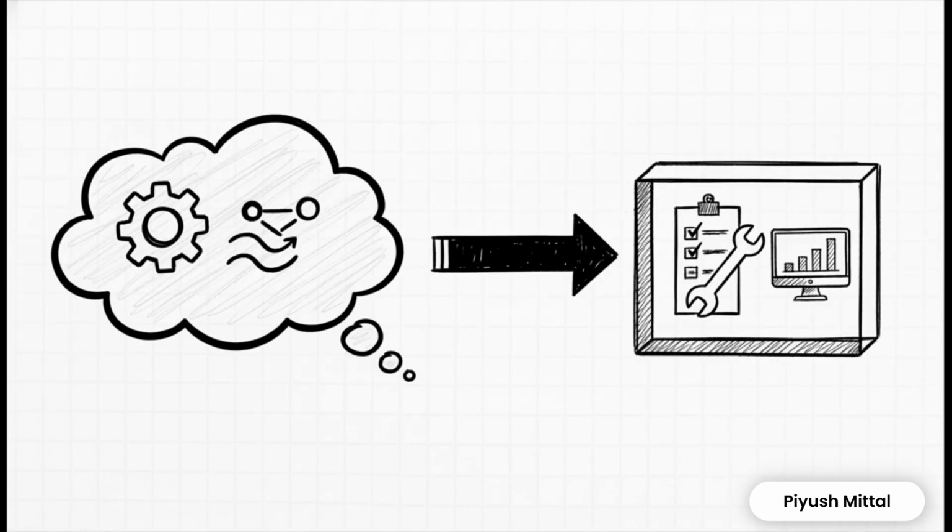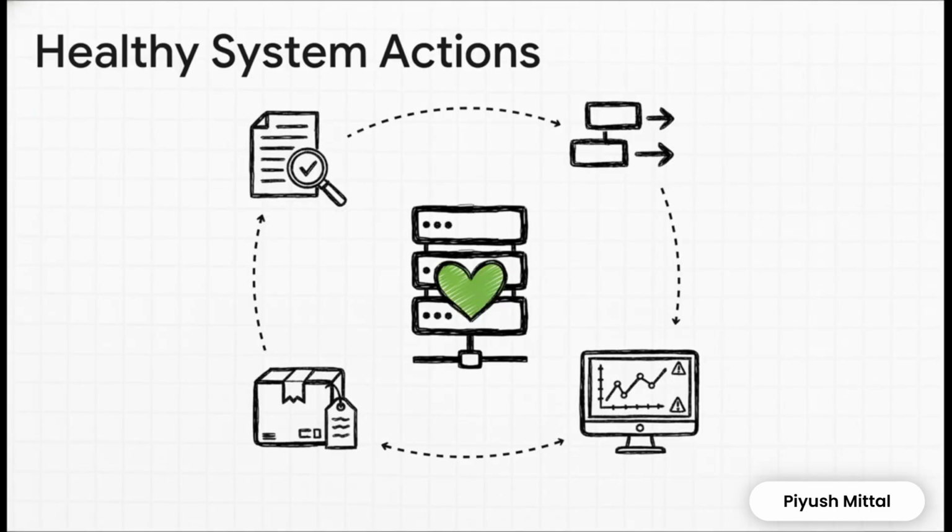Okay, I know those concepts can feel a little abstract. So let's connect them to what a development team might actually be doing on a Tuesday afternoon to keep a system healthy and strong. So, a team might run automated scripts to double-check every single change they make. That's a pure reliability play, catching bugs early. They might process tasks one at a time to make sure each step is successful before starting the next one. They'll use a central dashboard to keep an eye on everything, which helps both reliability and availability. And they give every single change a unique name, so if something does break, they know exactly where to look to fix it fast. These are the real building blocks.